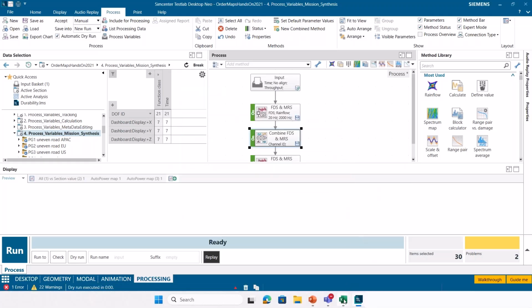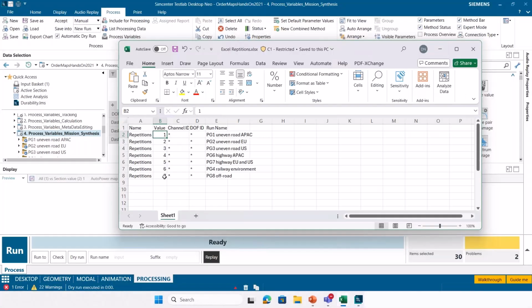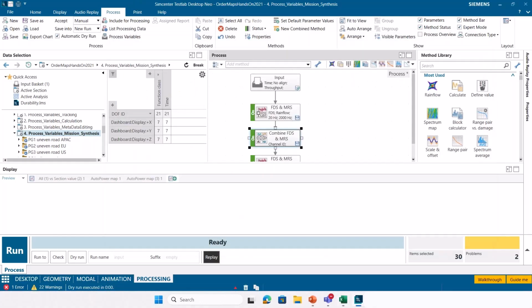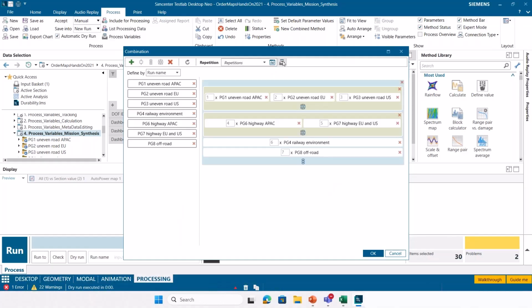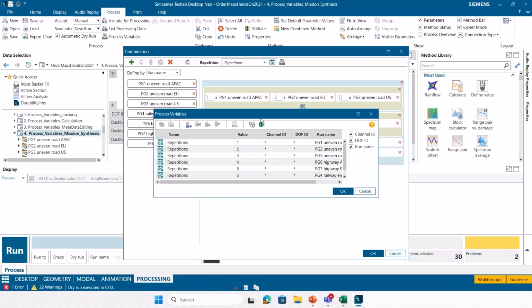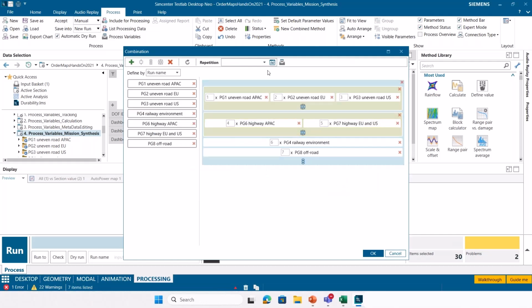Now, if I wanted to make any changes in that sheet, I should be able to. Let's say I want this one to be 70 rather than 7. I'll go ahead and resave this Excel file. And I should be able to come in here. I don't believe I have this set to auto read, so I would come in and I would refresh. This now reads 70. I'll hit OK. And then it should display those correct repetition factors for me. So this off-road run is now set to 70.